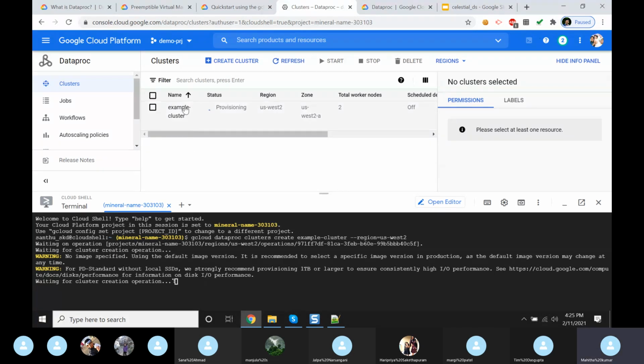So it's trying to create the example cluster, which we have mentioned in the code. The name of the cluster is example cluster, and the region is US West 2. These two are major things to create a cluster.